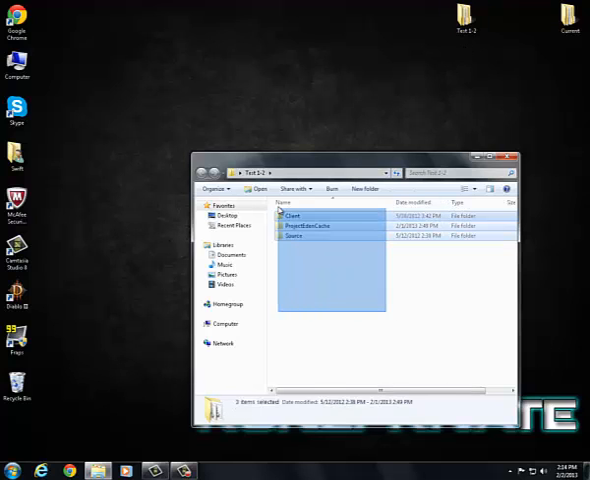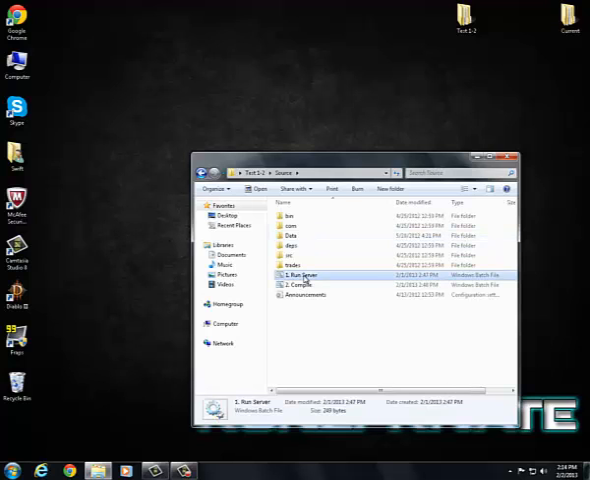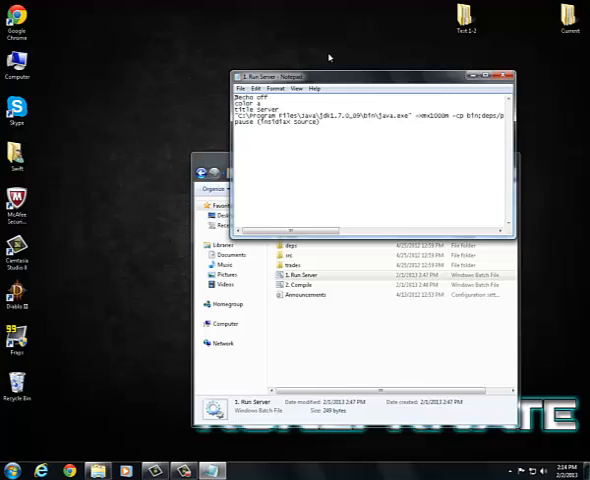So here's the source, client, and the cache. To start off, go to the source, right click on run server and click edit. Now it's got all this text here, and basically it's connecting your version of Java to the source so it can run. So what you want to do is put your current Java right in here. Mine is